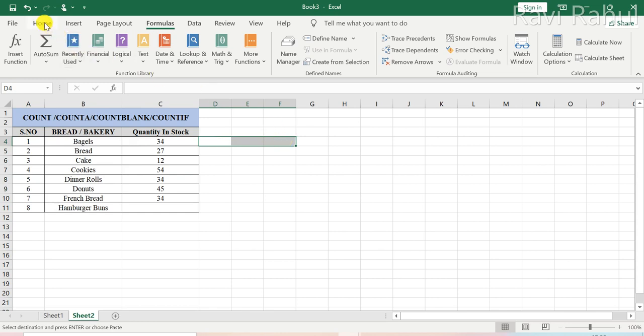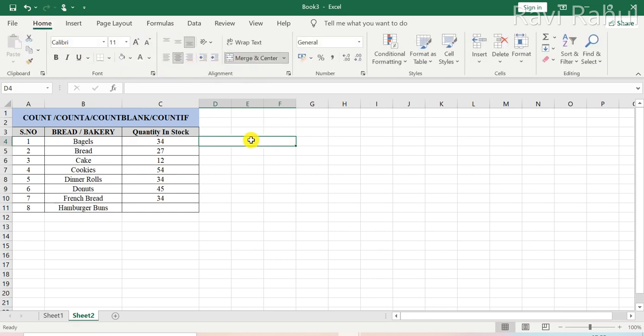For example, here I will always make it a dynamic input, so that if you want to change the items, you can dynamically change and get the answer. What I am looking at is the count function.